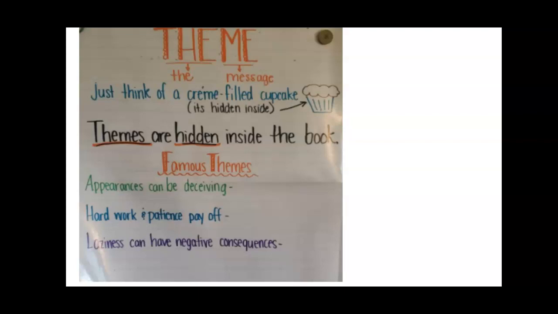A story I was thinking of for appearances can be deceiving would be Beauty and the Beast. On the outside, the Beast looks mean and grumpy, and he is at first, but towards the end of the story he really softens and he does get his normal human looks back. Also, at the beginning of the story, the horrid-looking old woman comes and asks for shelter during the storm, and he turns her away because of her looks. So remember, appearances can be deceiving.